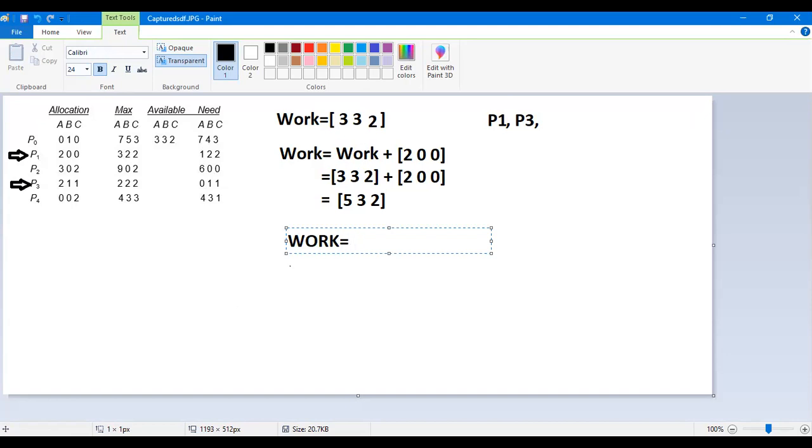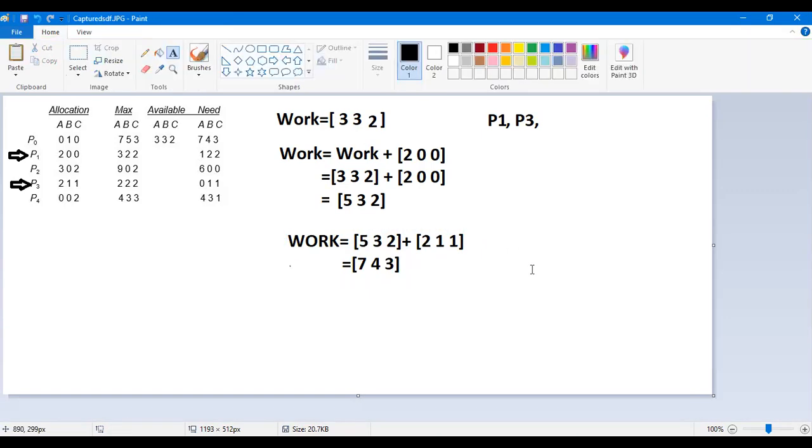I am directly writing here 5, 3, 2 plus allocation of P3, that is 2, 1, 1. You will get the final value as 7, 4, 3. This is your final work in the third step.